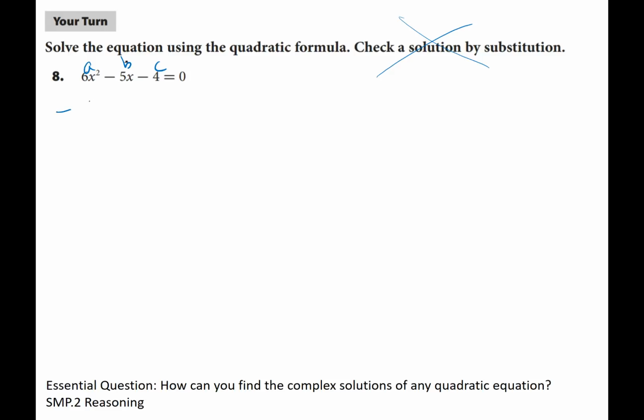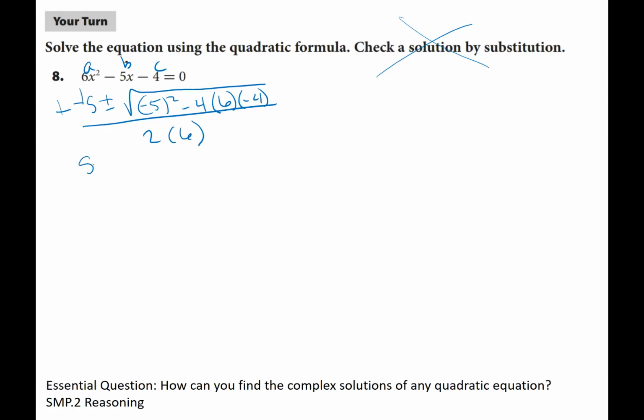So we've got negative b, which is negative 5, plus or minus square root of negative 5 squared minus 4 times my a, which is 6, times my c, which is negative 4, all over 2 times 6. All right, the double negative is going to go positive. Negative 5 squared is 25. 4 times 4 is 16, times 6 is 96, and it'd be positive 96, all over 12. 25 plus 96 is 121,